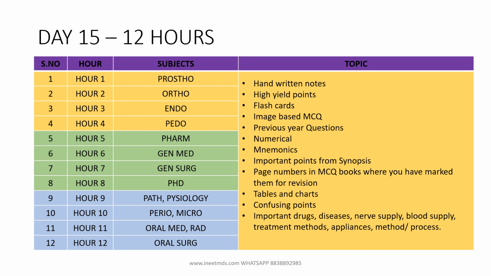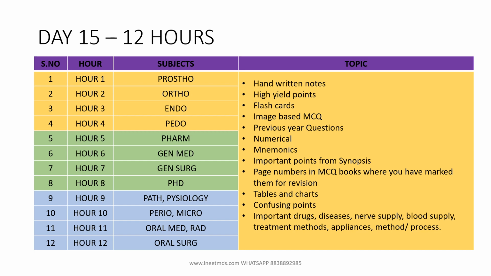Put a small notebook, put day 1, day 2, day 3 like that, and whenever you study a topic and you find an important point you want to revise during the last minute, note down the page number, so that on day 15 you are going to see the page number, open that page from the book, go through the table or the important point, and that's how you are going to do the revision for any tables, charts like that.